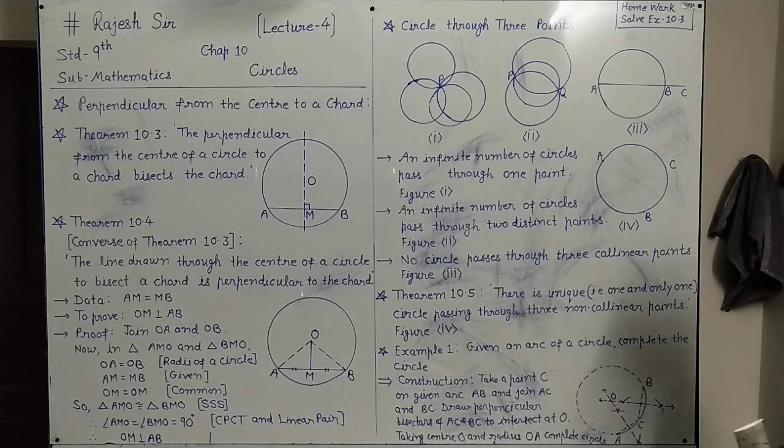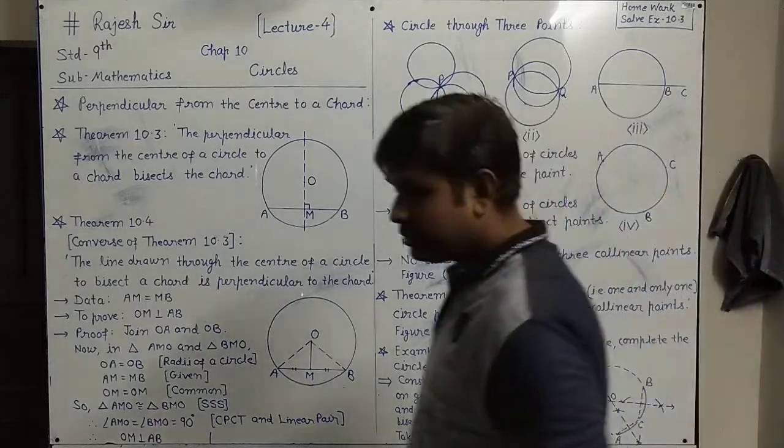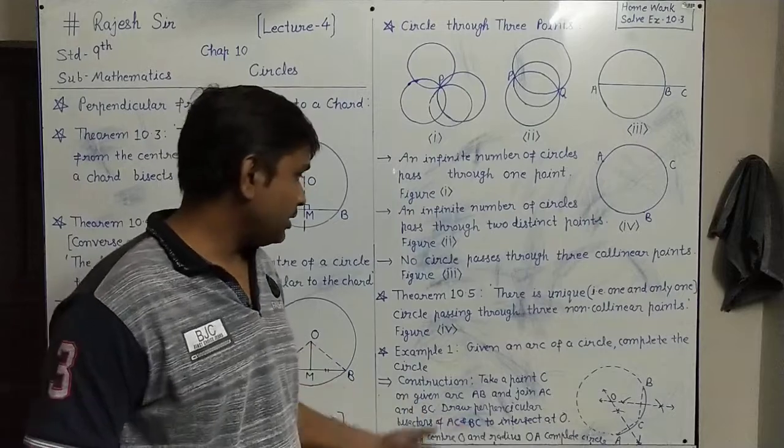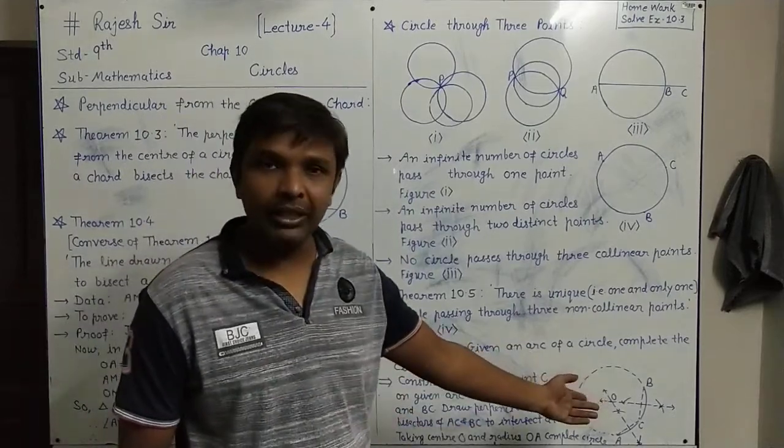Now we have drawn both perpendicular bisectors, of AC and BC. Wherever they intersect each other, call that point O. Now considering O as the center, and the radius as OA, or OC or OB, because all are radii, put your compass point on O, take the radius up to A, and complete the circle. This is the completion of the circle. This way, with the steps and the construction, you can complete the circle from the given arc.